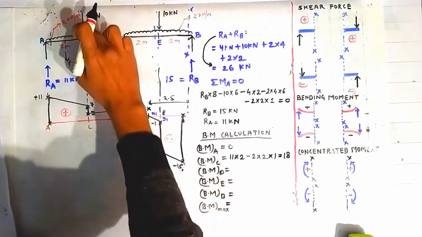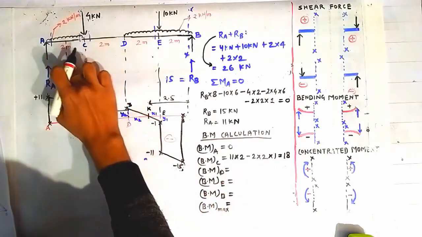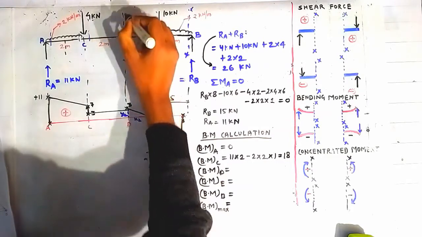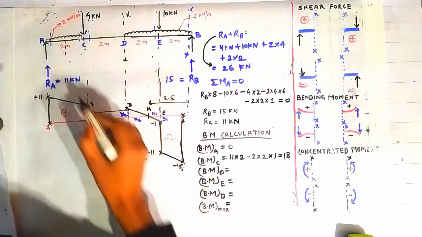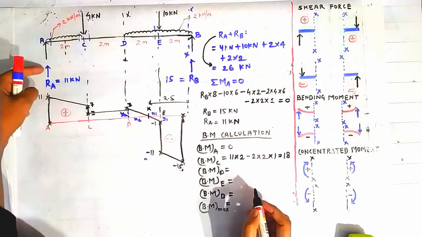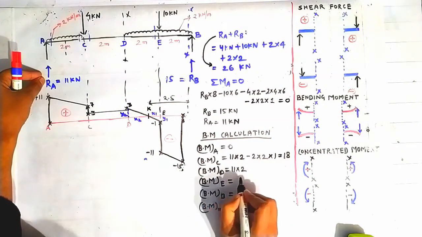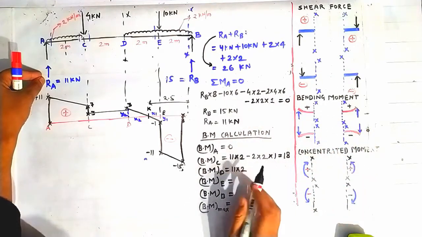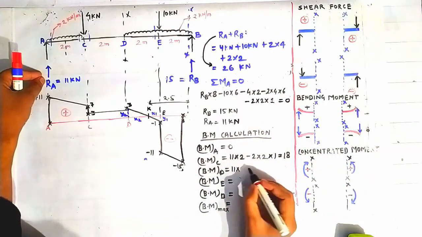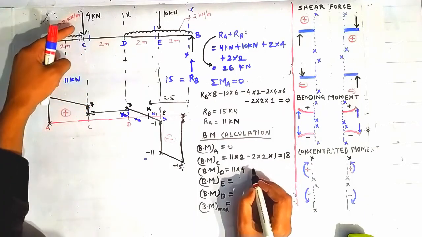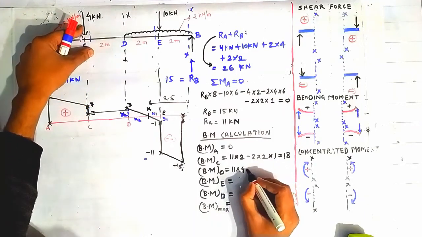Now the bending moment at the point D can be found in a similar fashion, that is by constructing a section here passing through the point D. Now looking on the left side of this section, you can see that this force RA is contributing a positive bending moment, using this sign convention, of magnitude 11 into 4. This distance 2 plus 2 is 4, and this force is contributing a bending moment of minus 4 into 2,